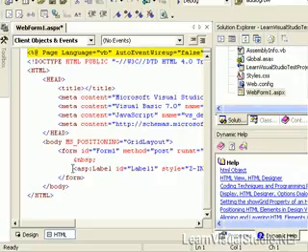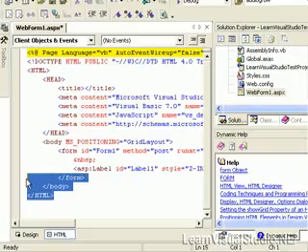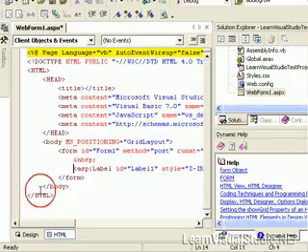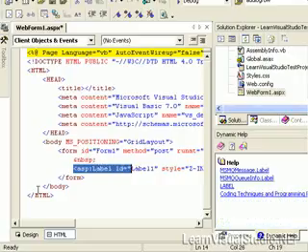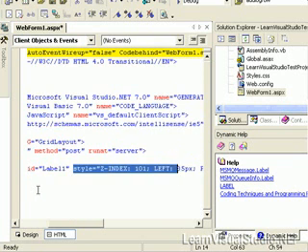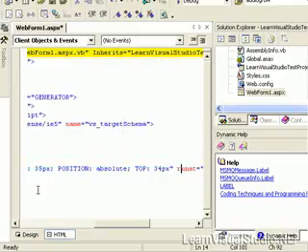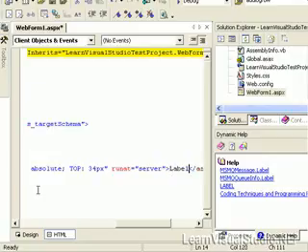You have a visual representation where you can drag and drop things onto that design surface, which is another word for it. For example, in this case we have a web form .aspx. So this is an ASP.NET web form, and what I can do is drag and drop items onto this design surface. And when I do that, what's going on behind the scenes is that code is being generated. I can flip to another view of this exact same file, in other words, the HTML view, and I can see all the code that was generated